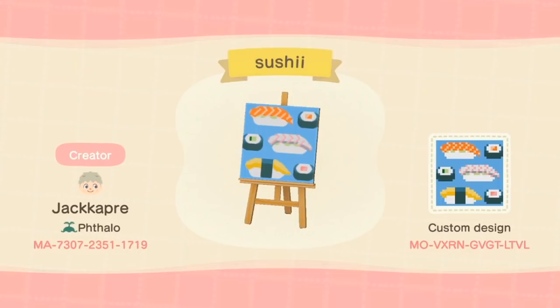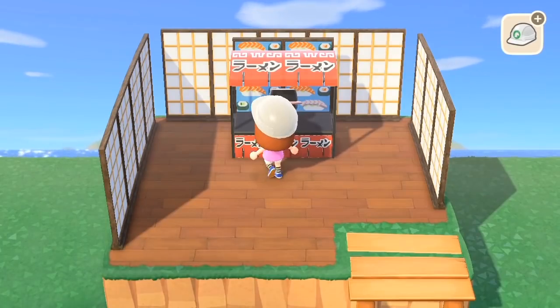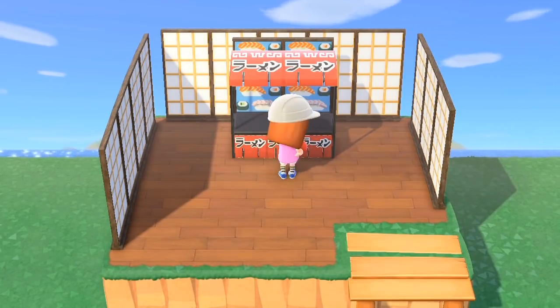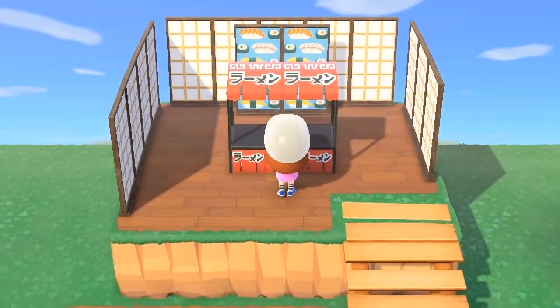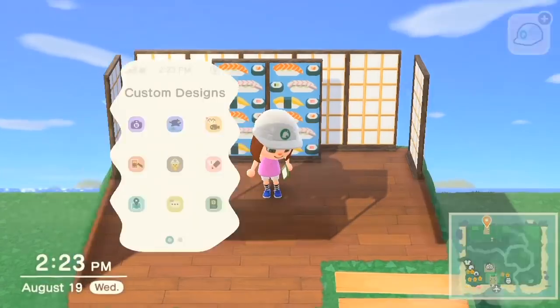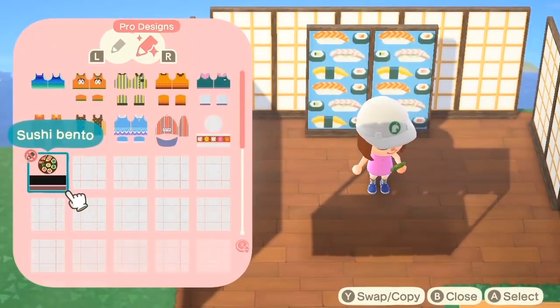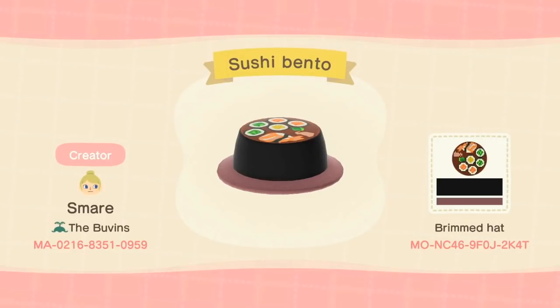If at any point you want to download them, just go ahead and pause the screen and you can download these designs. So I used that ramen style and the sushi design. Now the next thing that I thought was really cool is that you can customize hats, and a lot of people are customizing hats to look like food. So of course I was super excited to find this sushi bento box design because it fits perfectly with this